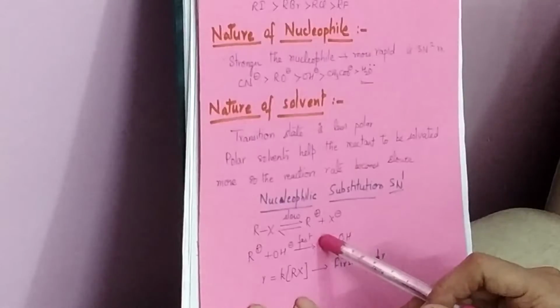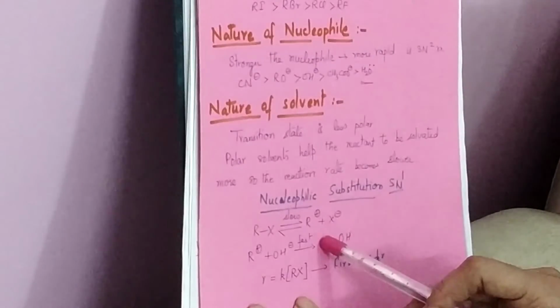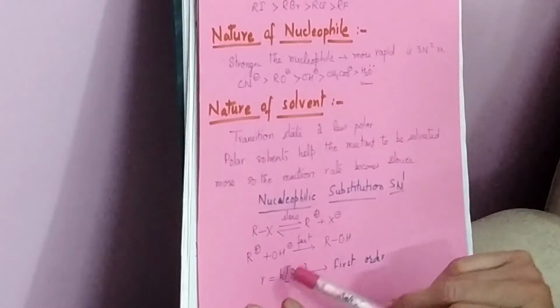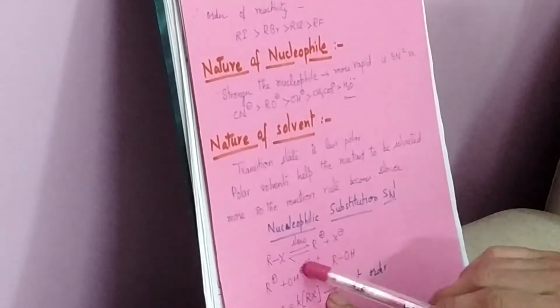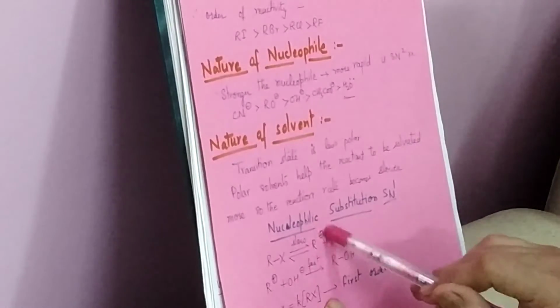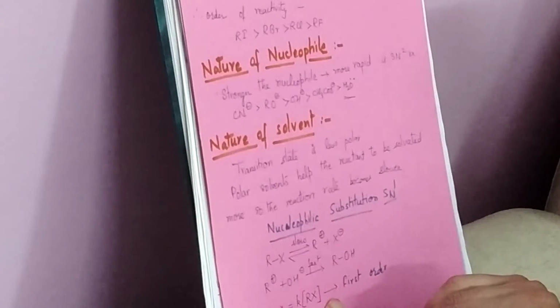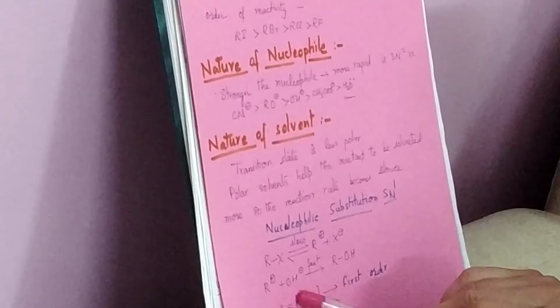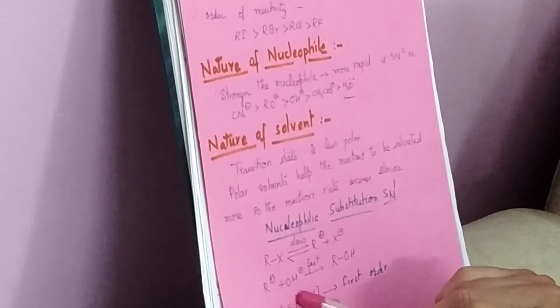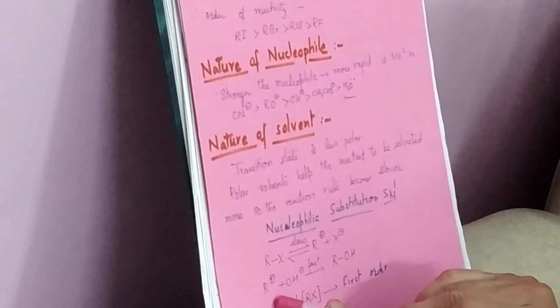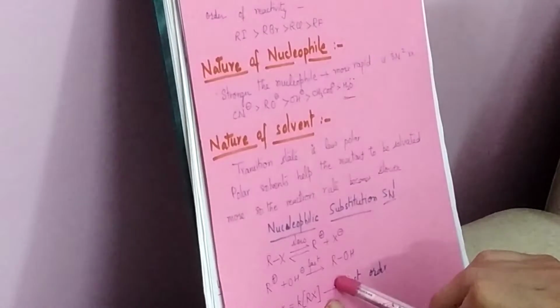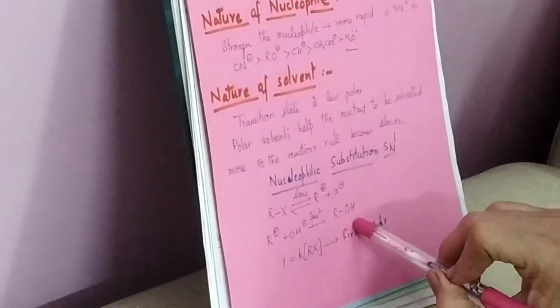Now what is this R positive? This is the carbocation which will be formed here, and this carbocation is formed via a process which is a slow process. It's a really slow process by which this carbocation gets formed. In the next step, this carbocation will be picking up the nucleophile. Again, I have taken the example of hydroxyl ion, that is OH negative, as the attacking nucleophile. It will attack this carbocation, and this attack will be rapid. It will be a fast step yielding ROH ultimately.